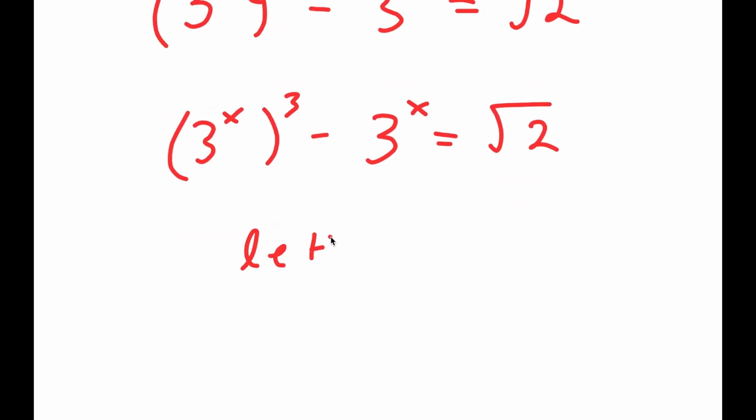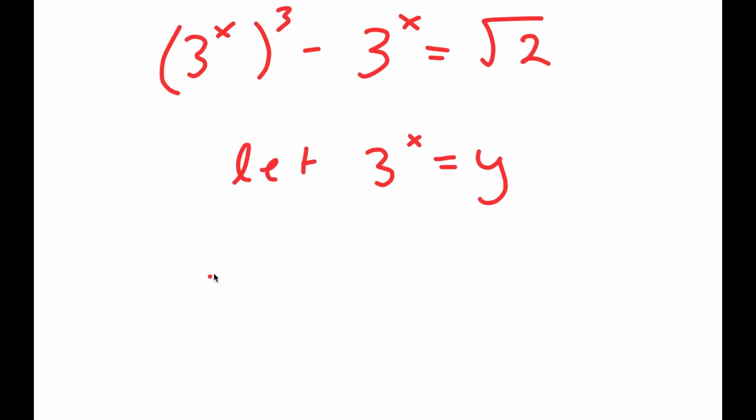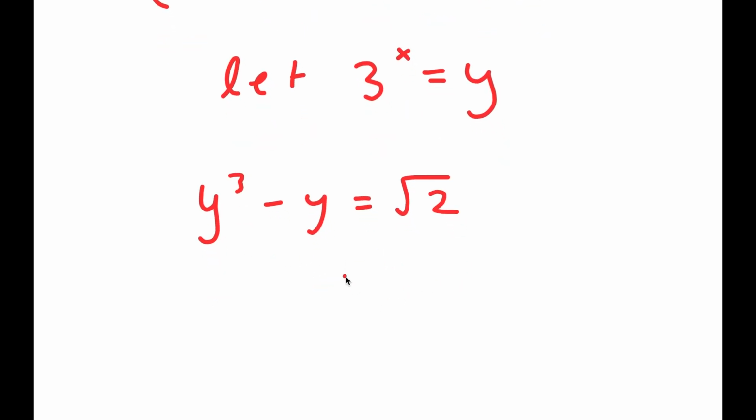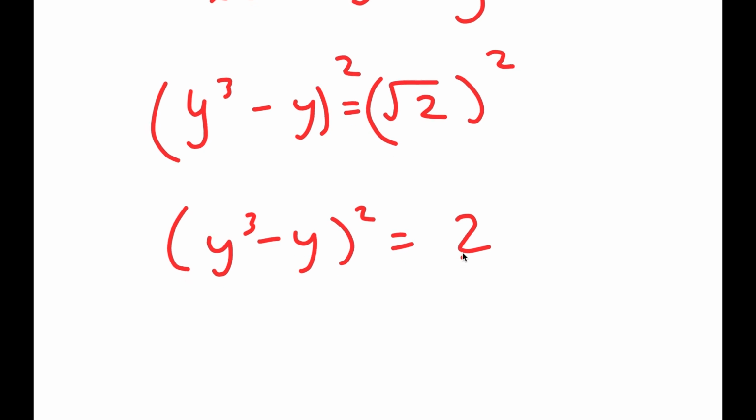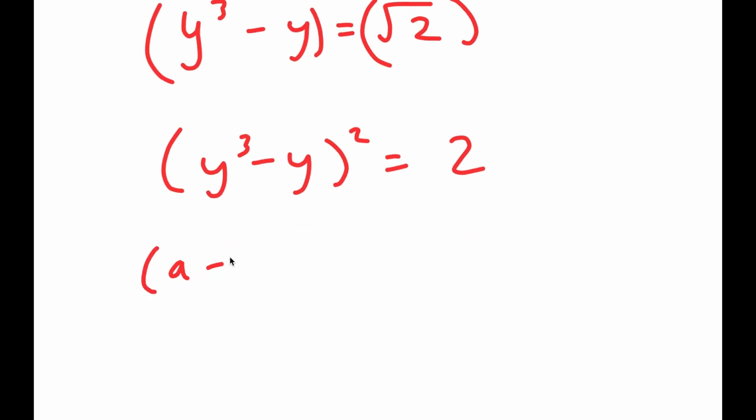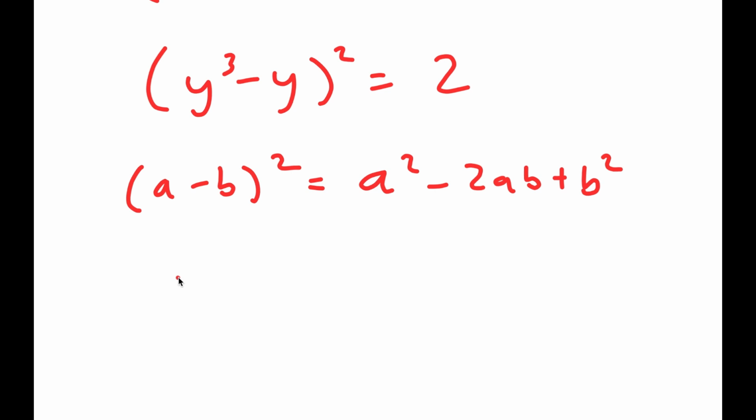Now I'm going to let 3 to the power of x equal to the variable y. So I get y to the power of 3 minus y is equal to the square root of 2. And this means that if I square this on both sides, y to the power of 3 minus y squared is equal to 2. So now if I have something in the form a minus b squared, this is equal to a squared minus 2ab plus b squared. So this is going to turn into